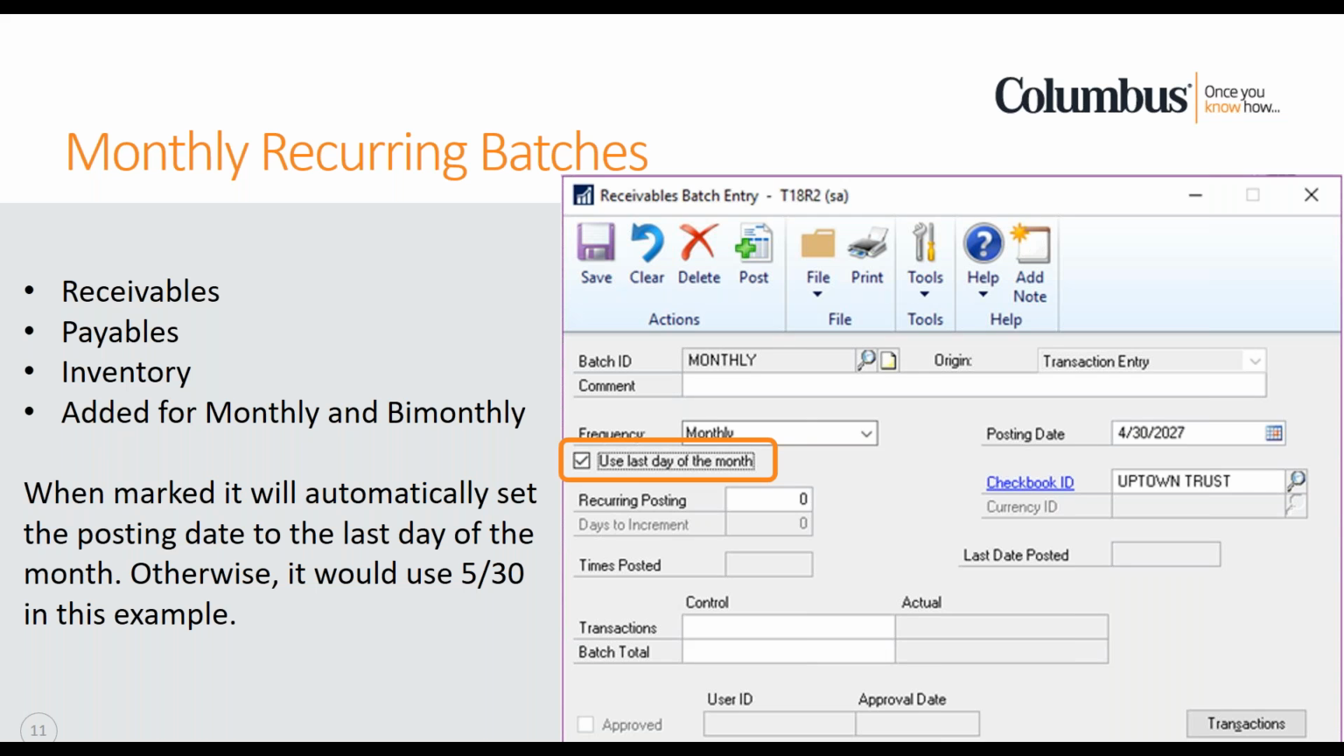Okay, so monthly recurring batches, nothing new about that. That's been there for as long as I can remember. But the new feature is if we have a monthly recurring batch or bi-monthly recurring batch for receivables, payables, or inventory, the highlighted part of the screen here where I've got the,